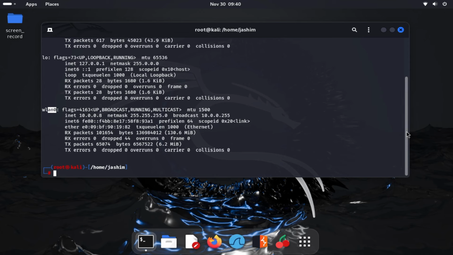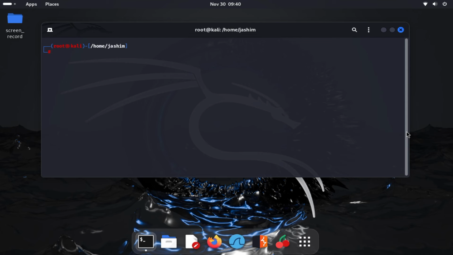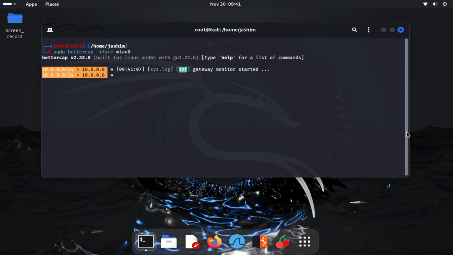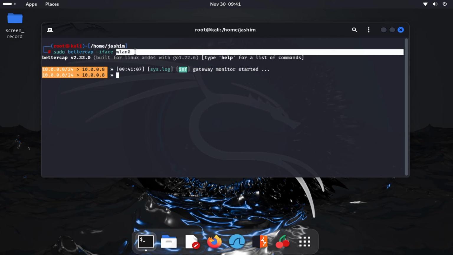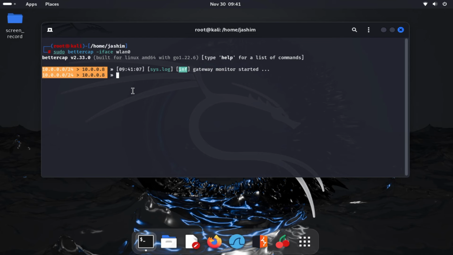So let's get it, starting from sudo bettercap -iface wlan0, hit enter. That is, my wlan0 will be used for Bettercap. My IP is 10.0.0.8, as shown here. My Bettercap version is 2.33,